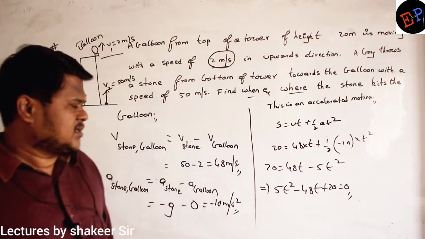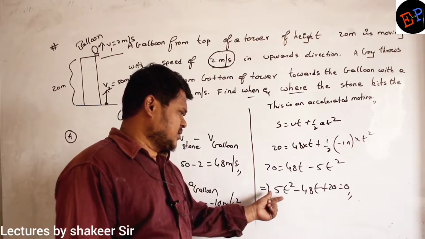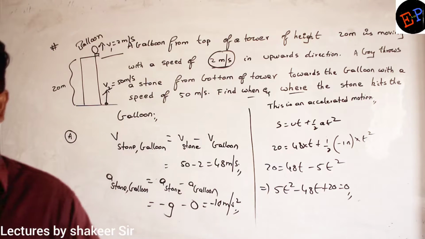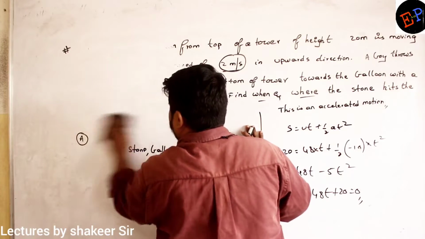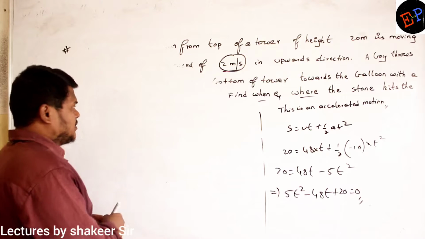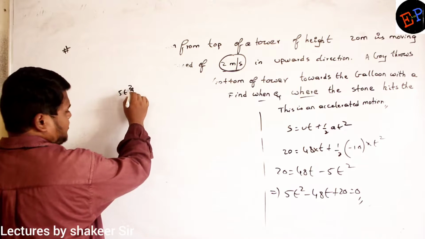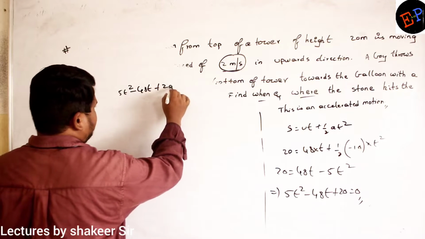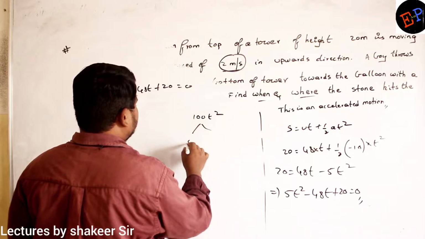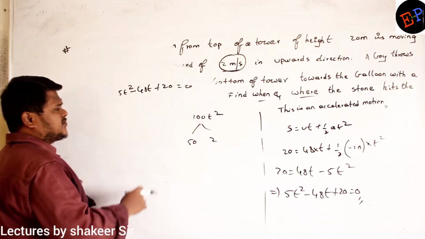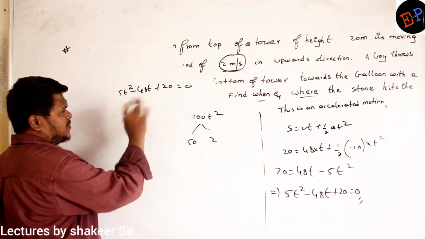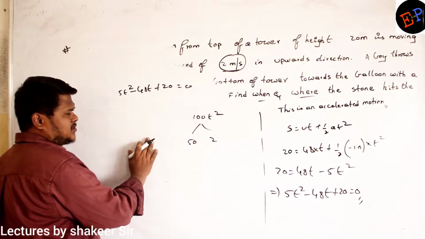Are you able to understand me? So therefore, 20 into 5 is how much? First of all, make a note up to here, ma. We will do the calculation. So therefore, 5t square minus 48t plus 20 is equal to 0. So 50 into 2, 100 t square. You can divide into 50 and 2, ma. But the problem is if you multiply both of them, you should get plus 100. And if you add both of them, you should get minus 48. Both, is it possible? I don't think it is possible.